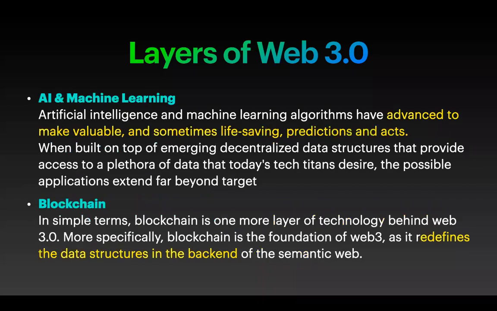And then there is machine learning. Obviously, artificial intelligence and machine learning are very important, because you have to eradicate the traditional search engine system. Then blockchain. Blockchain is, I can say, the backbone of Web 3.0. If blockchain was not there, Web 3.0 wouldn't have been a reality. Blockchain is all about making one or more connectivity layers, and we will study the blockchain architecture. So these are the four layers of Web 3.0. All together, these four things combined give rise to Web 3.0.